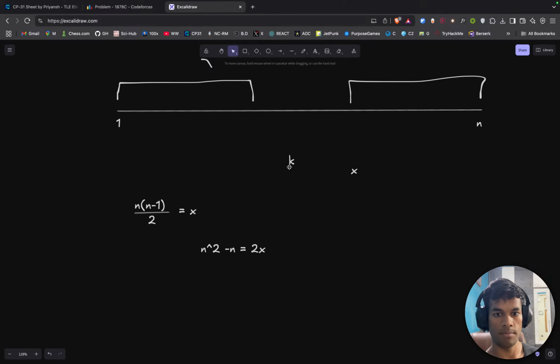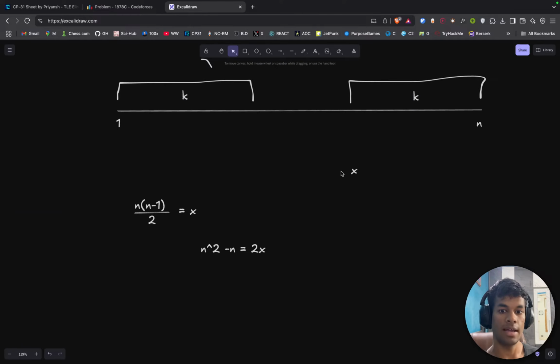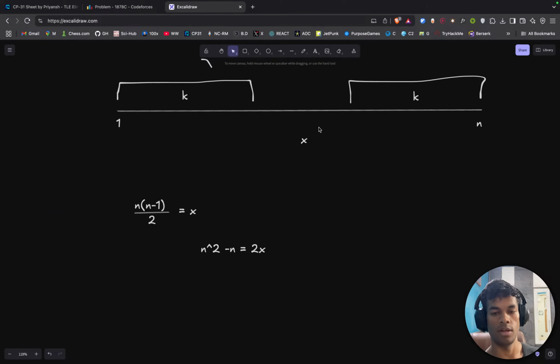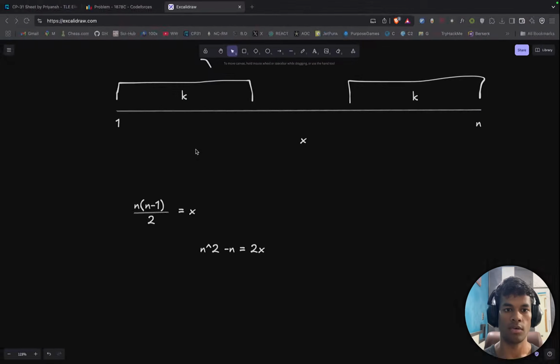Now this one, C, V. Yep, this is the largest, and this is the smallest. And if X is somewhere between these two sums, then I think we are good to go. And if X exceeds this one, or is lower than this one, then we are messed up. That is going to be my first approach, and to get the